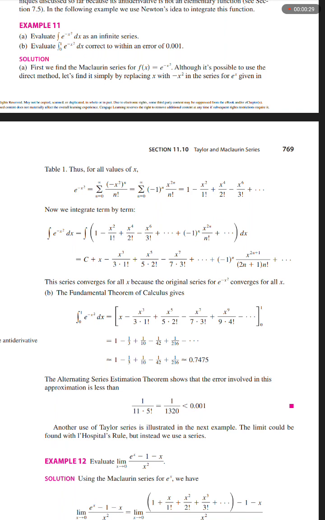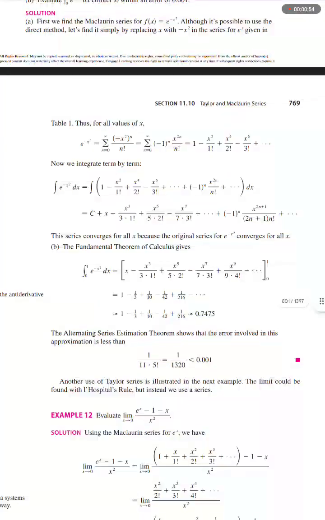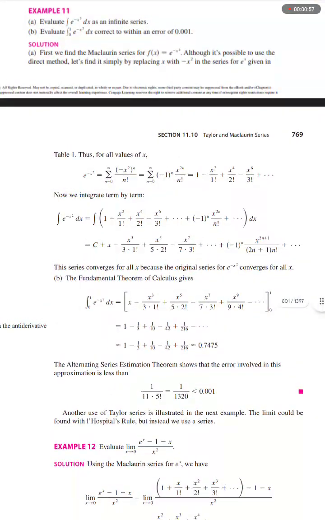Solution. First, we find the Maclaurin series for f of x equals e to the power negative x squared. Although it's possible to use the direct method, let's find it simply by replacing x with negative x squared in the series for e to the power x given in Table 1. Thus, for all values of x, e to the power negative x squared equals the sum from n equals 0 to infinity of (negative x squared) to the power n over n factorial